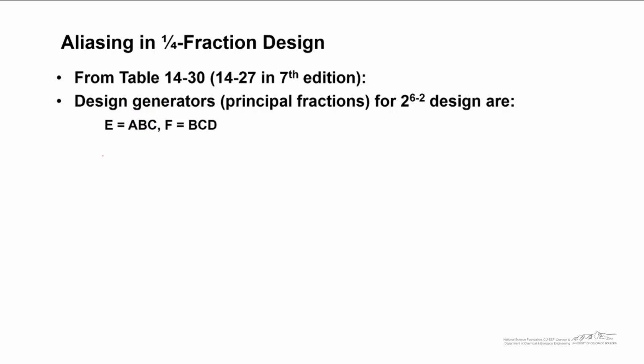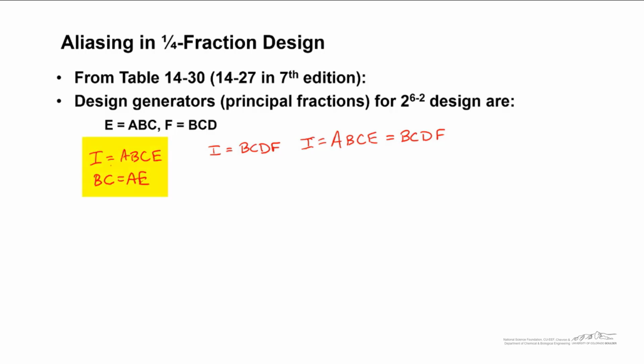We can rearrange these to the following by multiplying the first one by E on both sides, and the right one by F on both sides, and these are two equivalent design generators. Now, because I is equal to I, we can say that ABCE is equal to BCDF, and both are equal to I. And there's one more that we can create. If I multiply both sides of this left one by BC, we end up with BC equals AE. And if we substitute this BC into here, we end up with I equals ADEF. And so that's another alias here I can put for I,